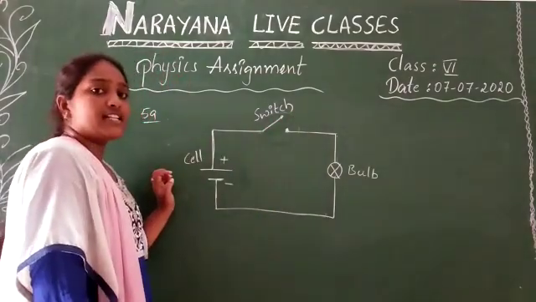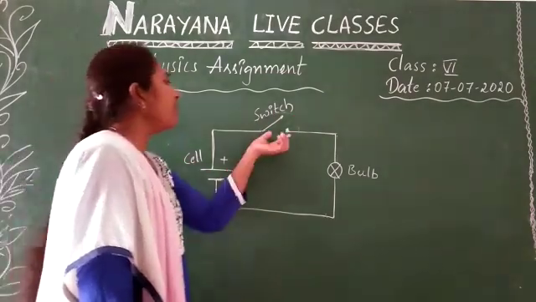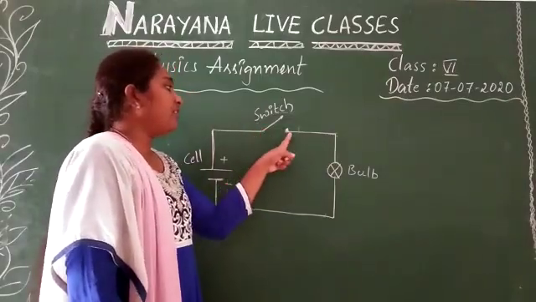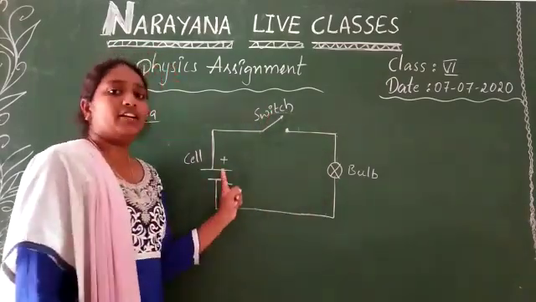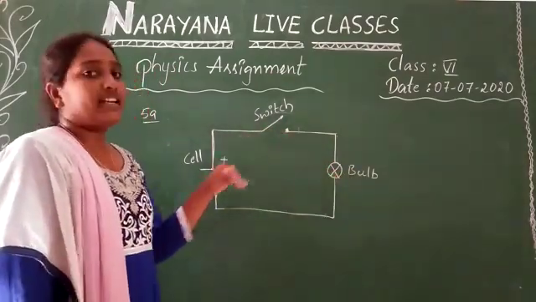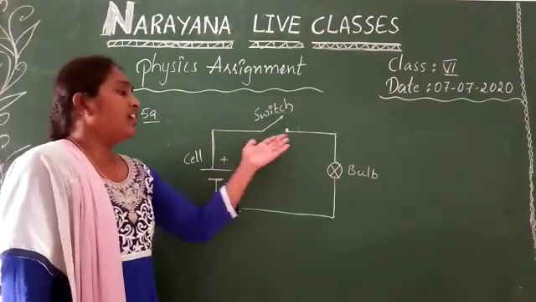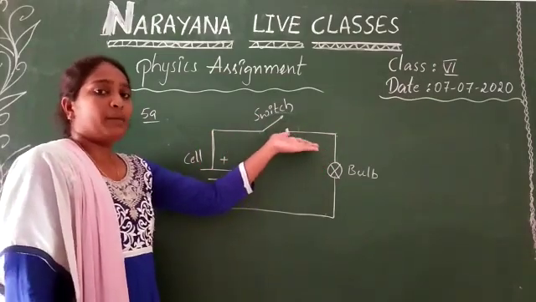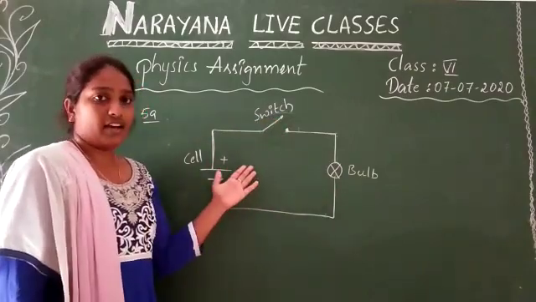Some materials are insulators and some other materials come under conductors. We already learned this in the chapter. If we connect a conductor between point A and point B as a switch, then the current will pass in the circuit and the bulb will glow. Or else, if we take an insulator instead, an insulator doesn't allow current to pass. So even if it maintains a closed path, the bulb doesn't glow. There is no passing of electricity here.